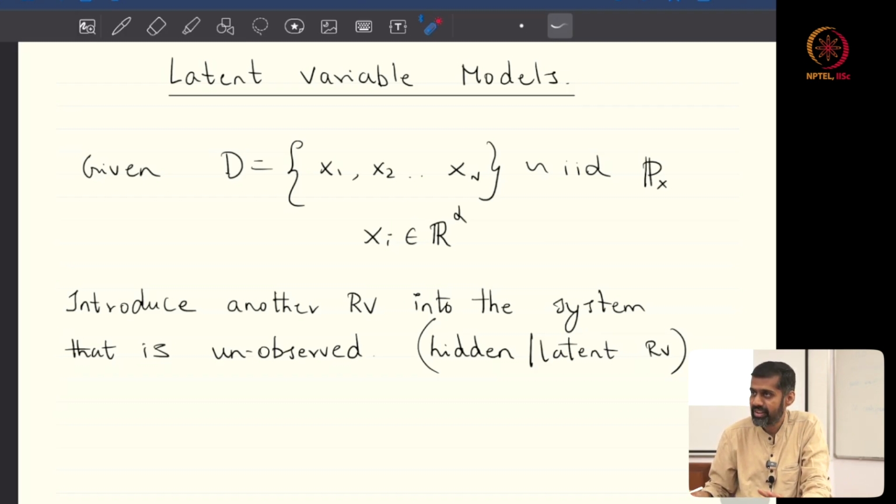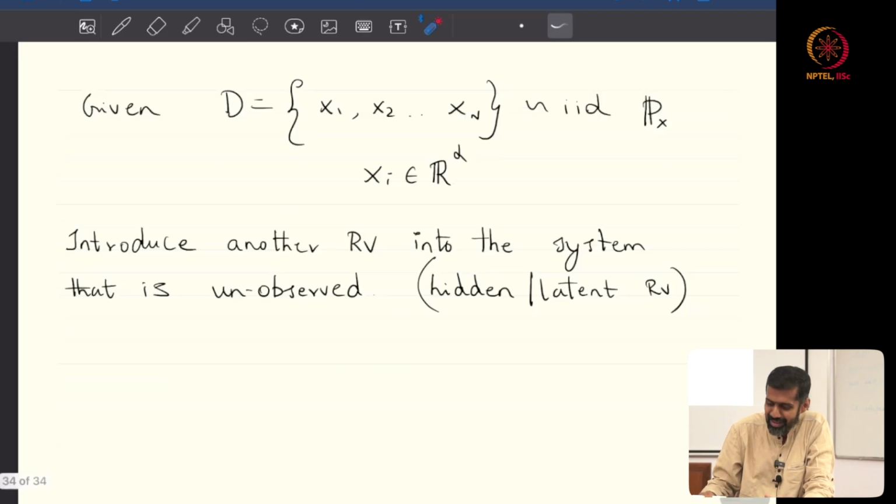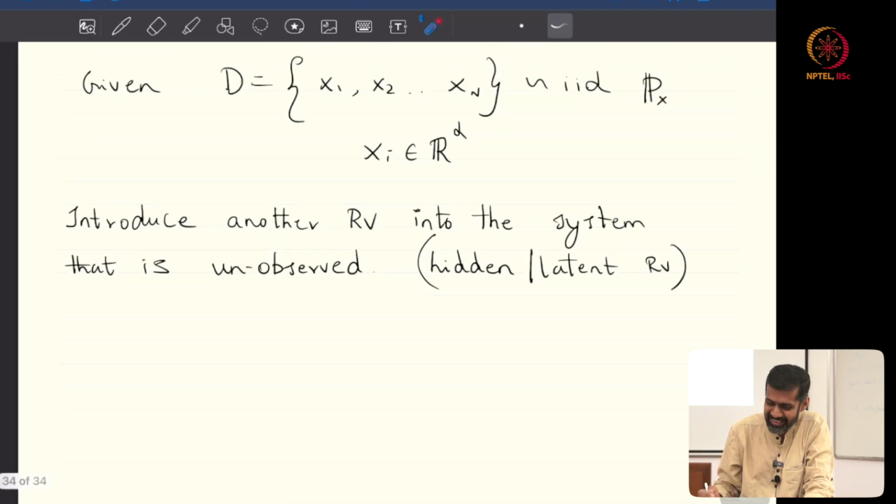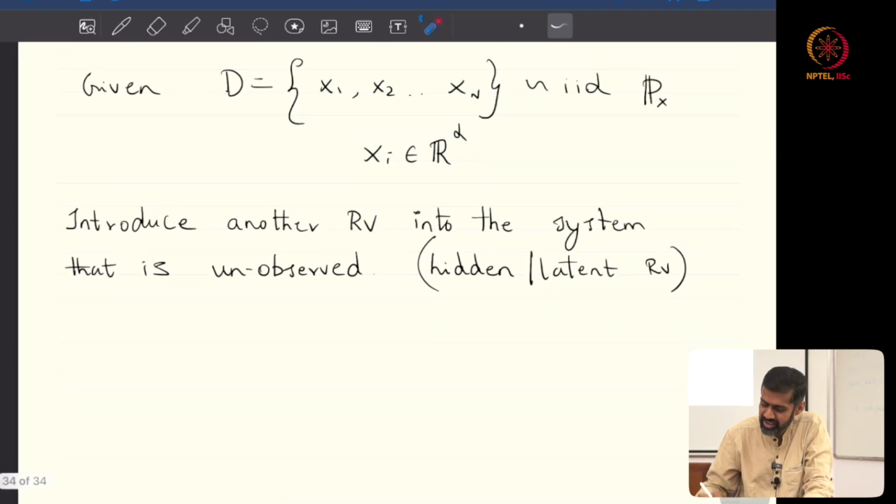Is this clear? So let's look at the math. Math is the easier and more well behaved part of it. So we introduce another random variable into the system that is unobserved. It's called the latent variable. So mathematically,